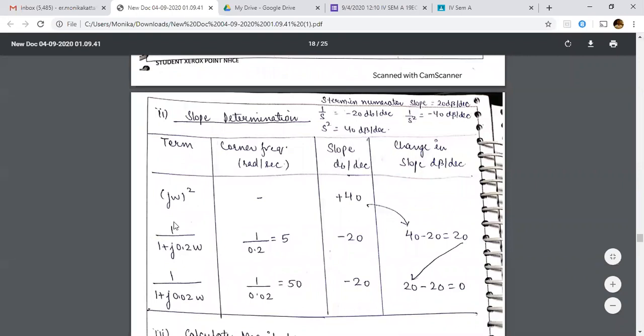Now you know this is a pole, first order pole. For a first order pole, what is the slope? It is 0 dB and minus 20 dB. What is the rate of change of slope? It is from 0 dB, it changes to minus 20 dB. Okay. So when a single first order term is present, like 1 upon s, the slope is minus 20 dB per decade. When you have 1 upon s square, it becomes minus 40 dB per decade. Since you have 1 upon s term, here you don't have 1 upon s term. Here you have first order pole. Right, for the first order pole, the rate of change of slope is minus 20 dB. You remember this, right?